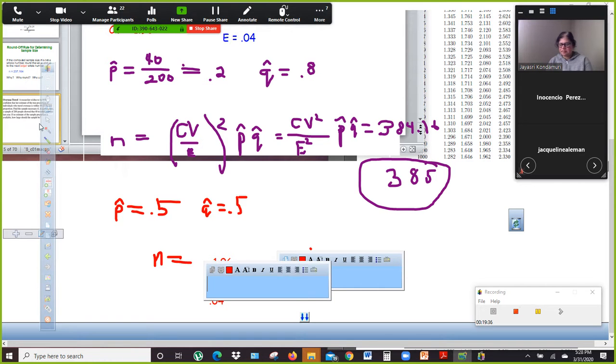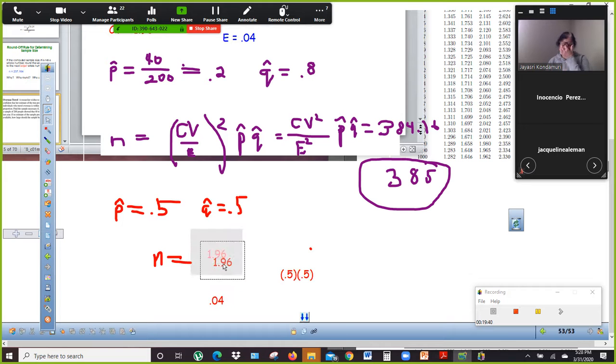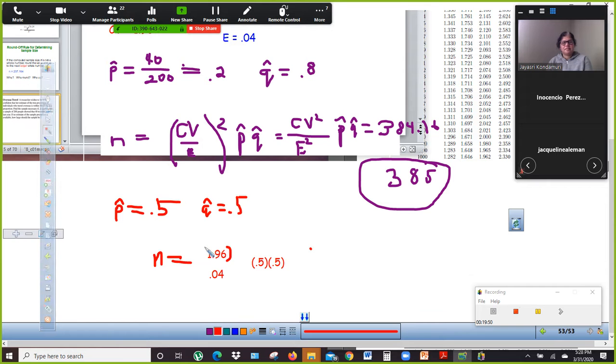Okay, I'm just going to move these pieces around a little bit. So I have this squared over this squared